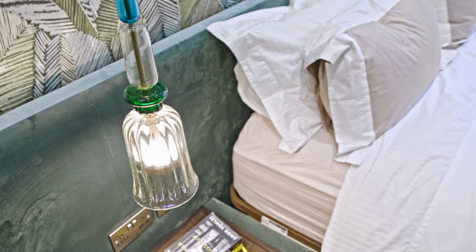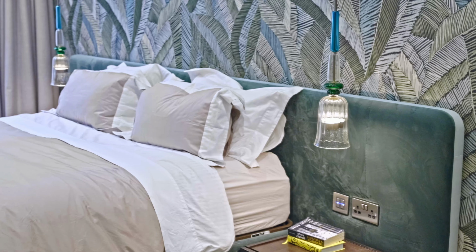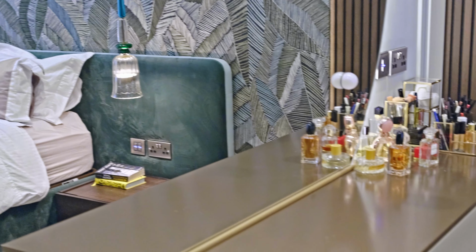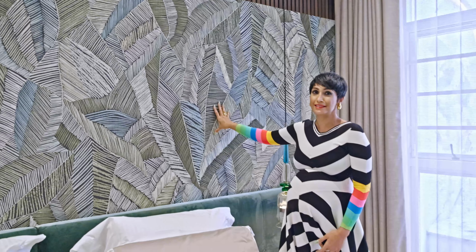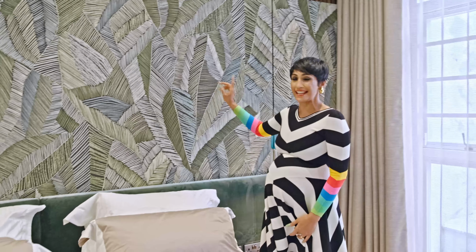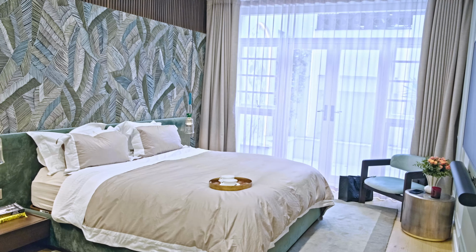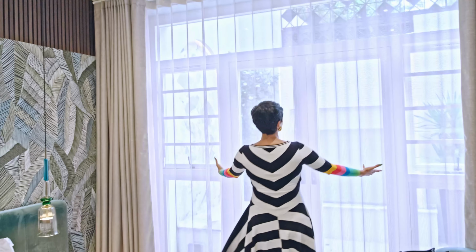What was very exciting when we were thinking about color schemes and materials and textures, which we have infused across the entire home, what I absolutely loved to begin with was in fact this wallpaper. So it all started because I fell in love with this wallpaper, and my husband thought I was crazy to even consider this in our bedroom, but it works and he loves it now. So we took inspiration from the wallpaper in terms of color schemes, and then flowing in with the color scheme of the room, which then leads us onto a